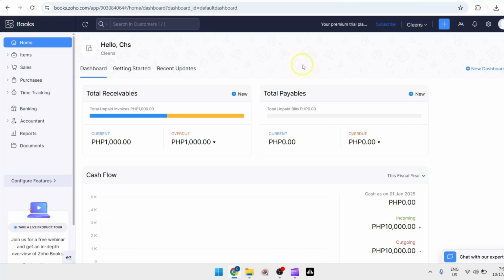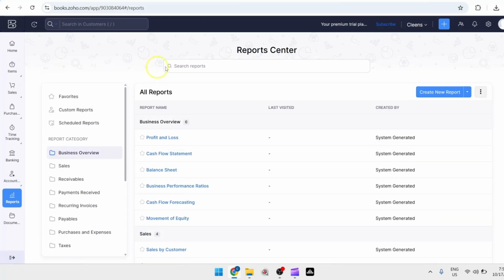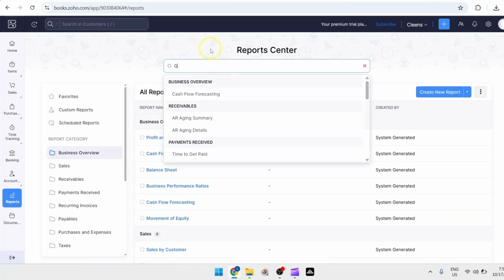So for today's video, I'm going to teach you how to download Ledger in Zoho Books. So first, you may want to head over to books.zoho.com and of course, make sure that you're logged into your account. Next, in the left panel, click on Reports. Next, in the search bar, type in General Ledger,